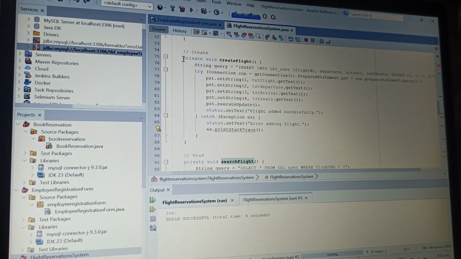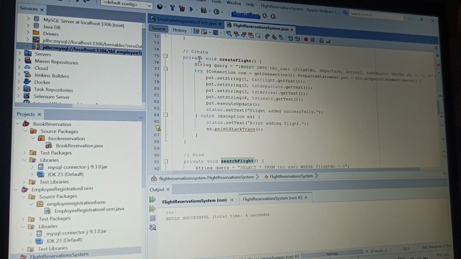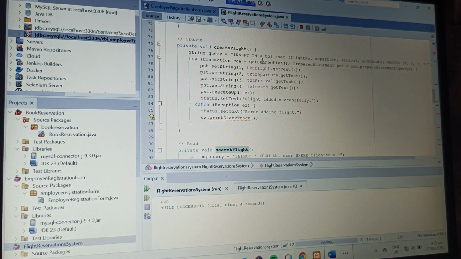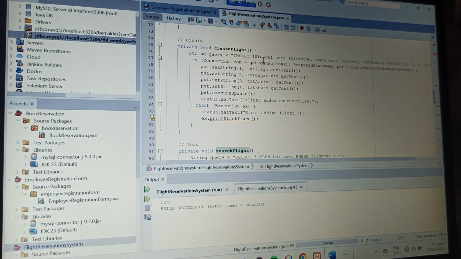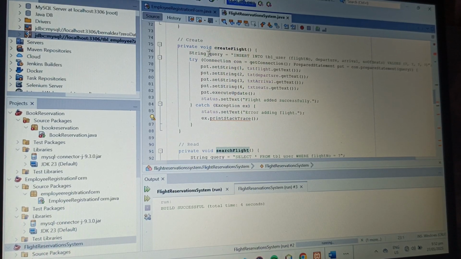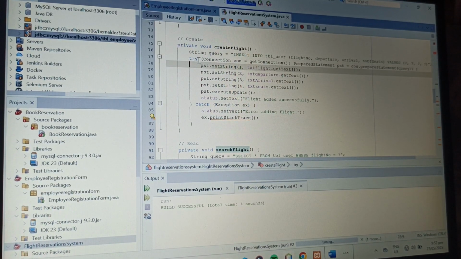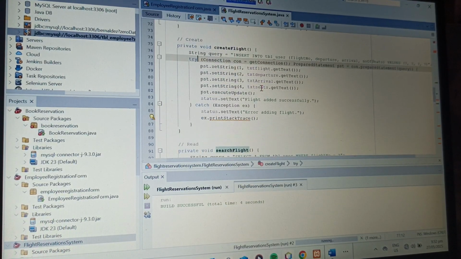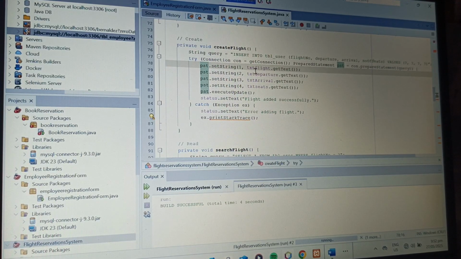In this private void createFlight, it prepares an SQL insert statement to add a new flight. Then in here, try opens the database connection and prepares SQL statements. Then in here we have pst.setString.